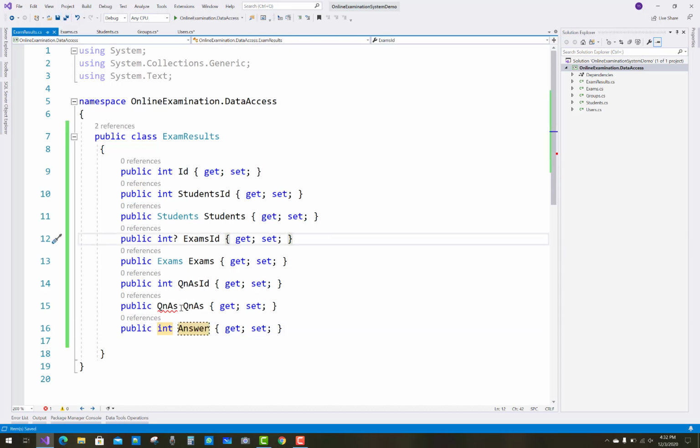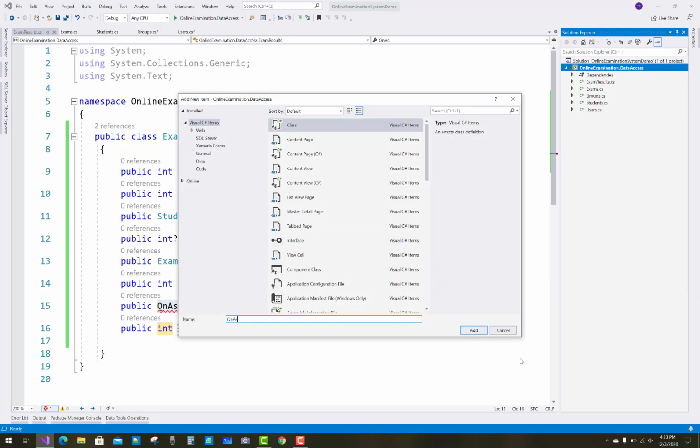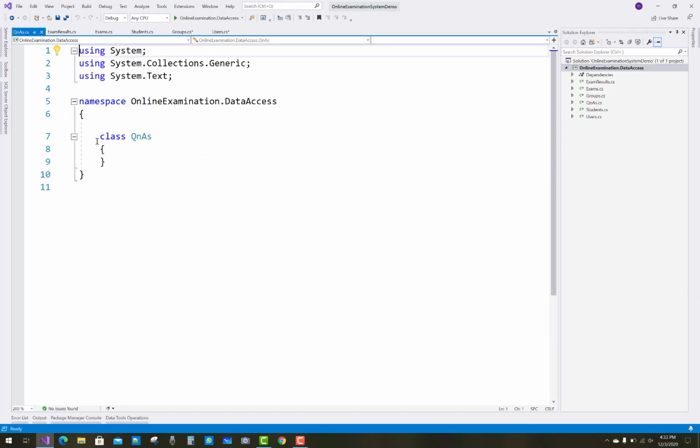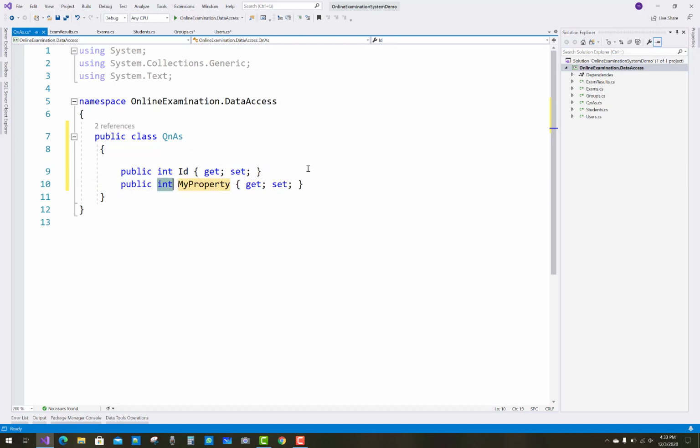So the next table is QNAS. Add a new class, that is QNAS, make it public. In the QNAS we have some properties like ID, exam ID, questions: prop integer ID, prop integer exam ID, you can say exams ID.